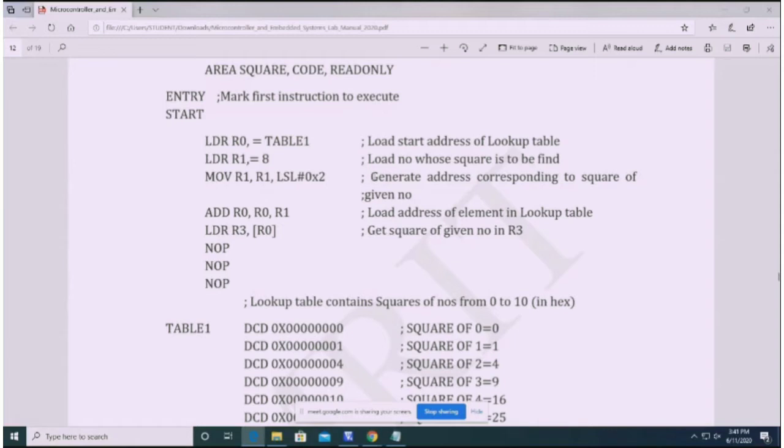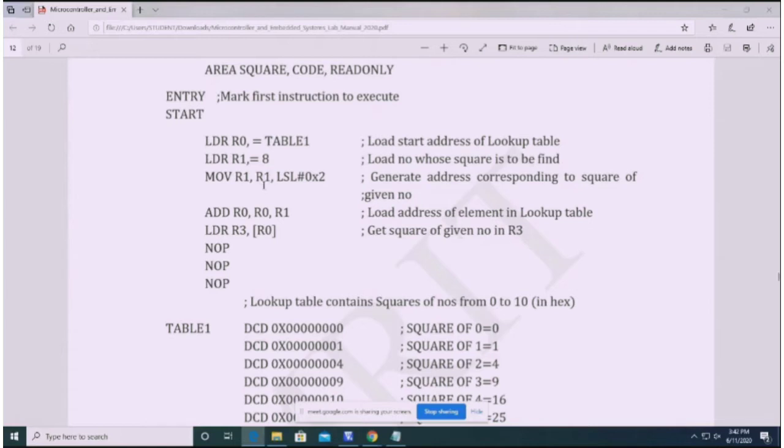In the next line, we will generate the corresponding address for the square of the given number. To do that, we have written this instruction: MOV R1, R1, LSL #2. In this instruction, we shift left the number in R1 by 2 times. If it is left shifted 2 times, it will be multiplied by 4.